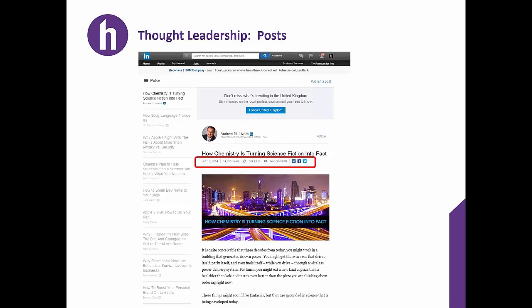Now, I know it's a little bit hard for you to see, but in red, you can see here that I have circled the fact that nearly 15,000 people have viewed this article. 500 people have liked it, and nearly 75 people have commented on it. Essentially, by creating valuable, high-quality content on LinkedIn, this will enable you to reach new audiences.